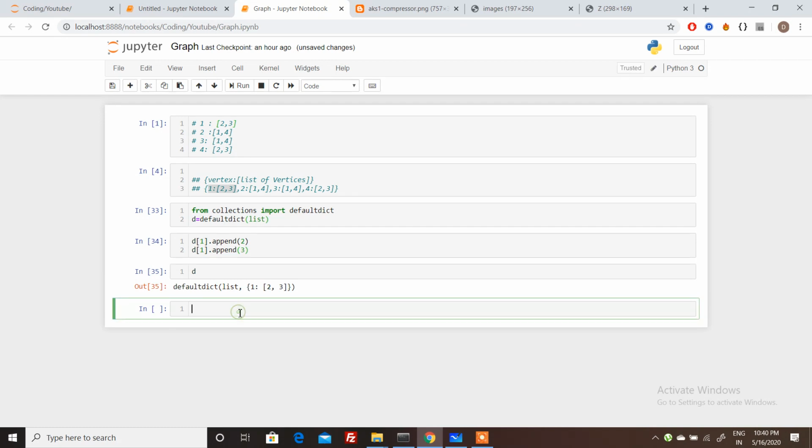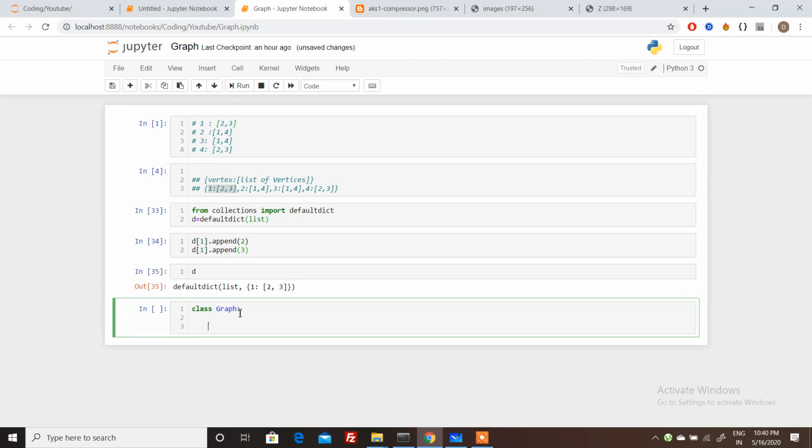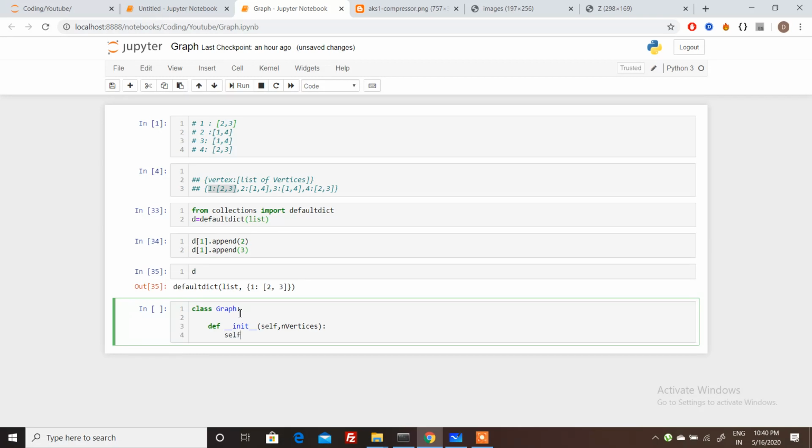So let's now implement the graph code. First we will define our graph class, and in the graph class let's define the constructor. Here we are passing how many vertices we want in our graph.